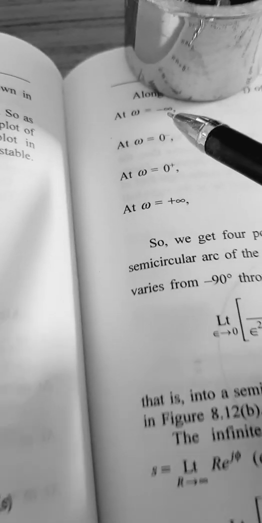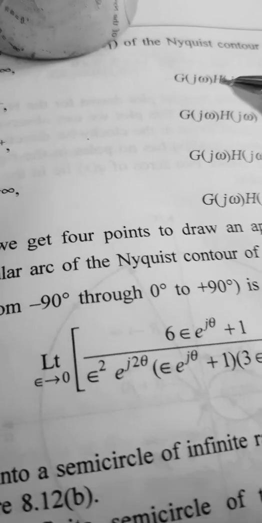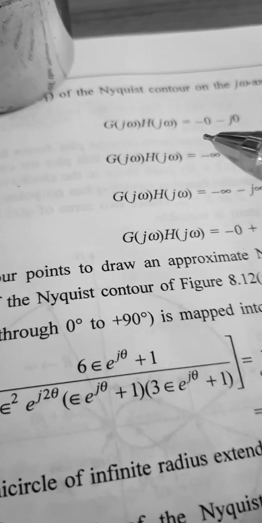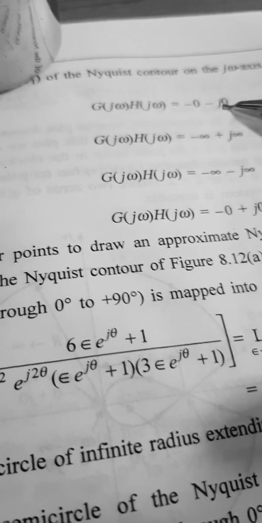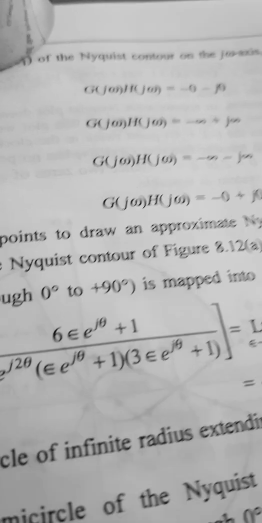When omega is equal to minus infinity, G(j omega)H(j omega) will get minus 0 minus j 0. So here, minus 0 means this side, minus j 0 means it will come to